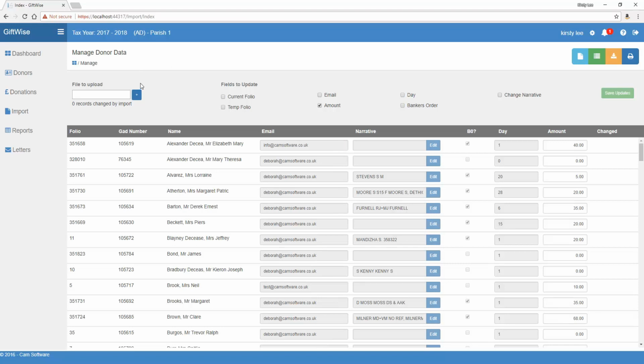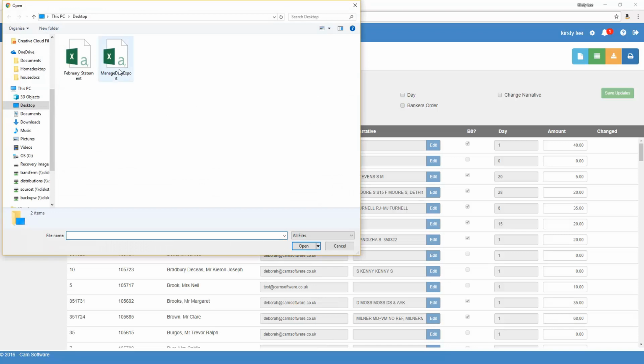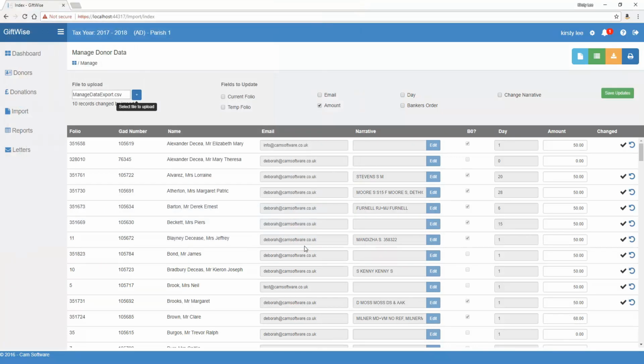And we want to do this via a CSV file as opposed to changing them one at a time. So we click the blue cross Select File to Upload button, select your file if you've got it ready on your machine, and pop it in here, and you can see from the file that we've imported here, there's 10 records about to change should we go ahead with it, and these amounts have all been changed, and they've all got a black tick against them to show that they have been changed. At this point you can still undo any of these that you don't want to go ahead with,